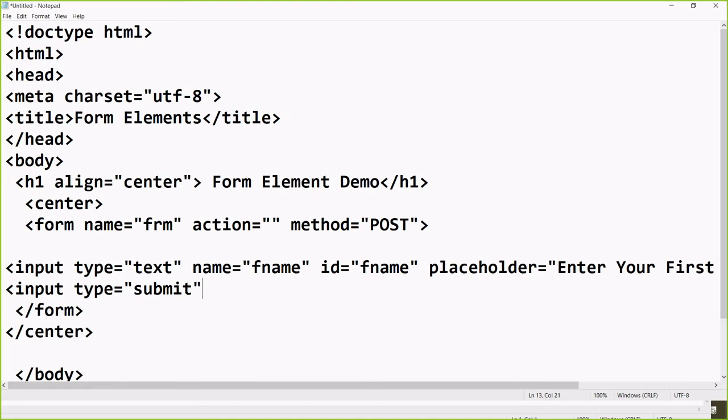Okay, so input type equal to submit, and then name equal to, again the same things. After pressing this, only with the name you can check whether somebody submitted the button or not. And then value equal to, you can write any value in this button, either click here or submit here. Depends what you want to write. If you are not writing this one, then by default the value will be submit query. I will show that one also. Then again the slash and this one.